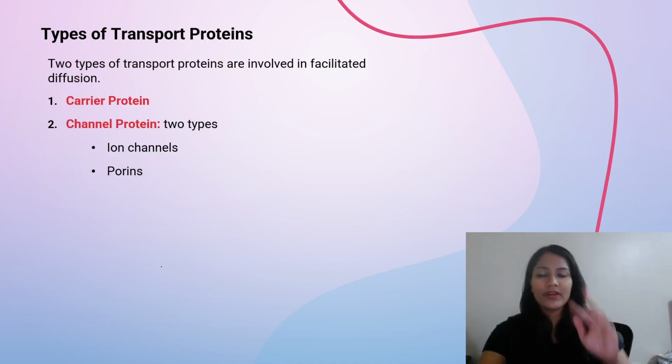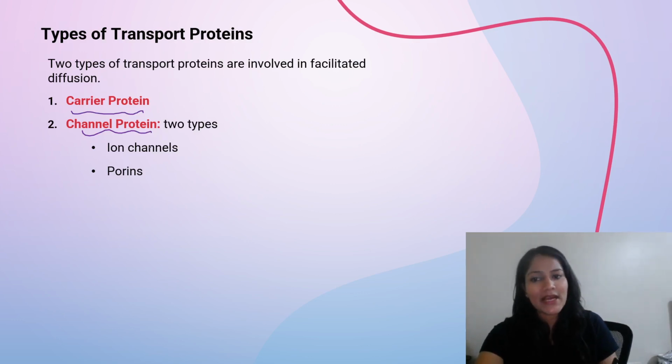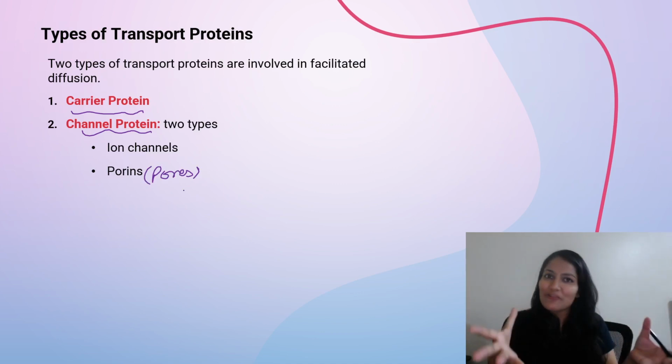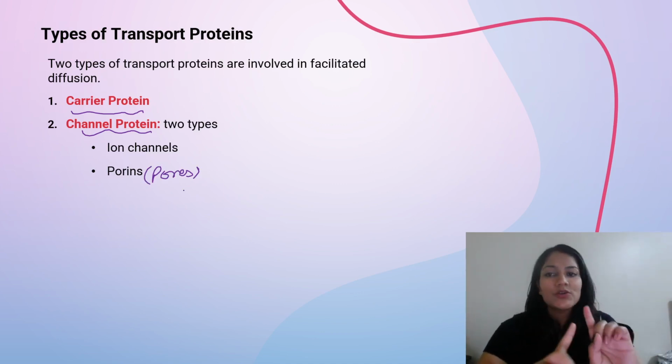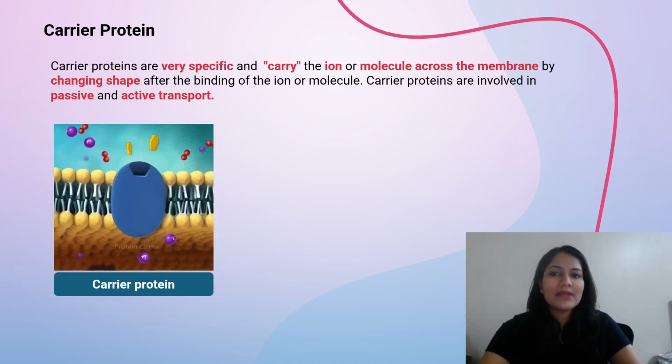So there are two different types of proteins that helps in the transportation. The first one is carrier protein, another one is channel protein. Carrier protein and channel protein. Channel proteins are further of two different types, that is ion channels and porins. Porins means pores. So they are going to create actual pores inside the membrane, which helps in the transportation. सो इनके बारे में डिस्कस करते हैं।